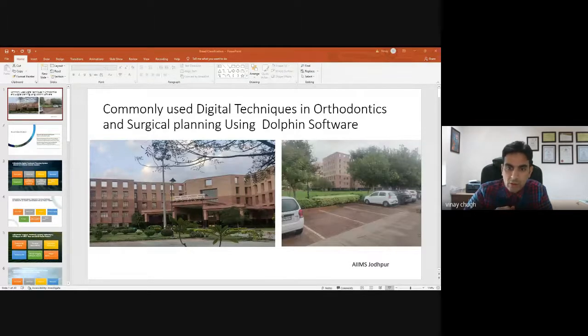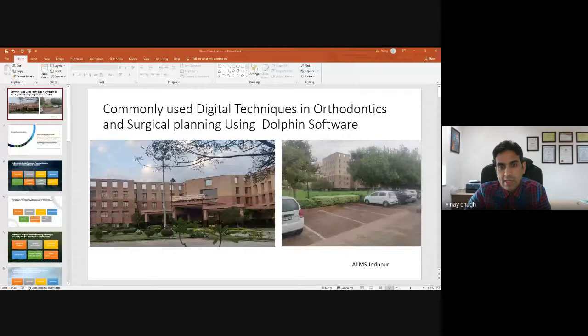And second is orthodontic cephalometric treatment planning software. This is based not on 3D data but on 2D data, where we have lateral cephalograms and photographs of the patient. And the third one is orthodontic surgical treatment planning software. This is based on CBCT data.